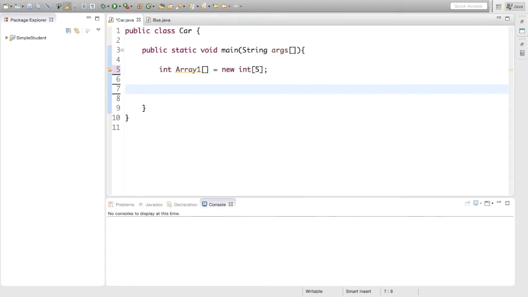Now to fill up this variable with data, this is how we do that. We say array1 square brackets equals whatever the number is. Inside the square brackets we have to put the index. Now what is the index? Basically it's the number of the array. So this array has 5 elements, so that means it will range from 0 to 4. So 0 is the first element in the array, so we can say array1[0] equals 2,